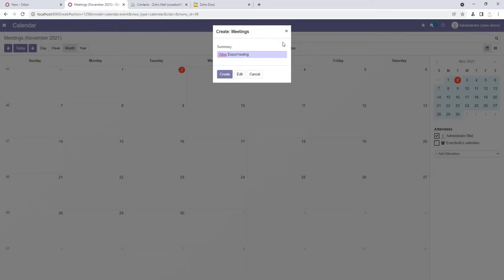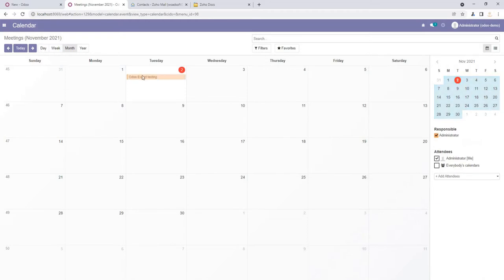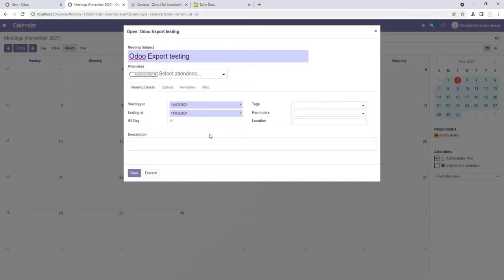We simply create it with the summary name auto export testing and click the create button. It will add the event, and we can also customize the information attributes.